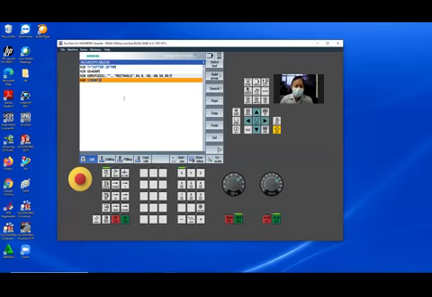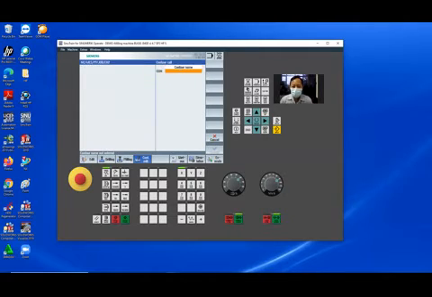Okay, and you can continue with another style. I want to show you using this, contour milling. And contour, and contour call.